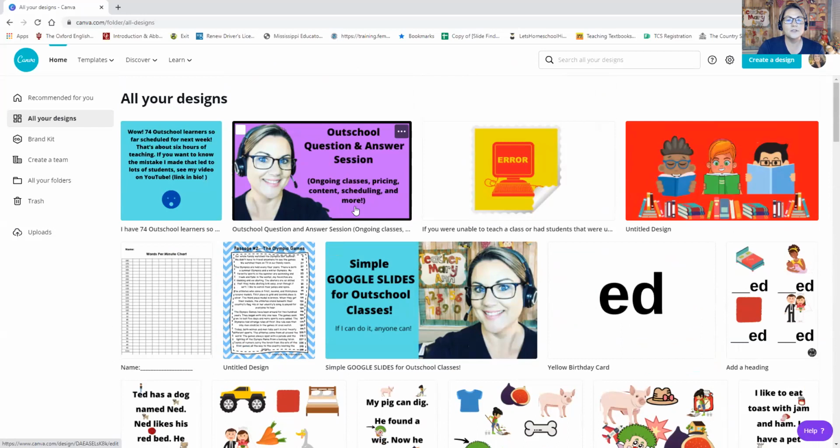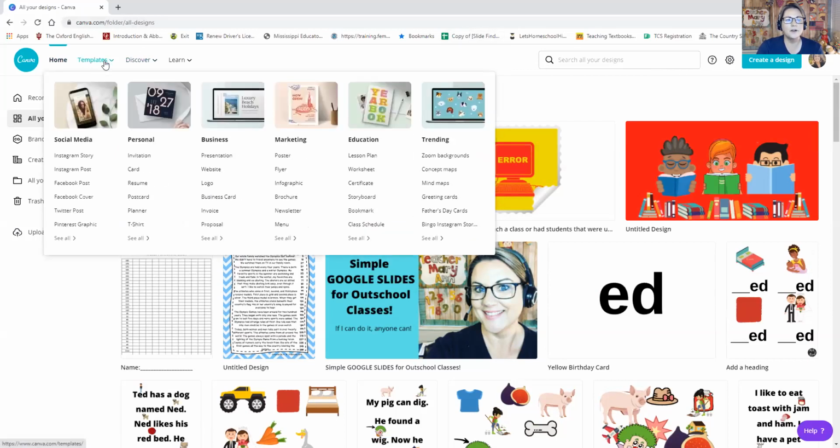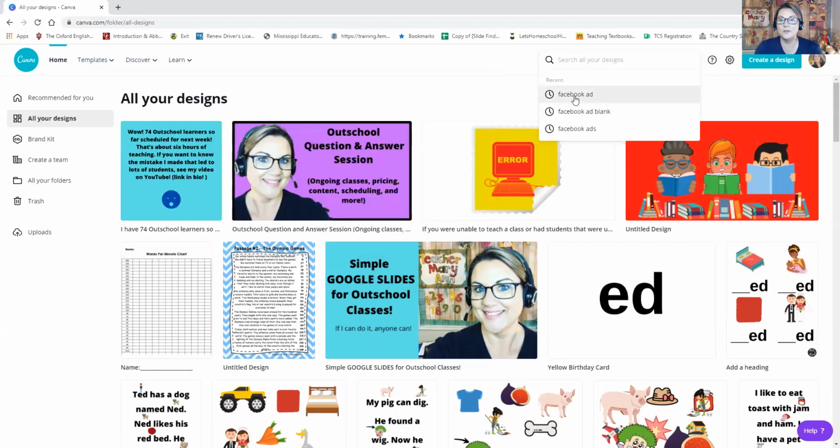Once you sign up for Canva, free or paid, what I like to do is come up to this search box right up here. You can also go to the templates in the left-hand corner and pull up all of the different templates. In fact, that's what I did to start making my worksheets. I started by pulling up the blank template, but now I find it's quicker to just go to this search box right here and click on